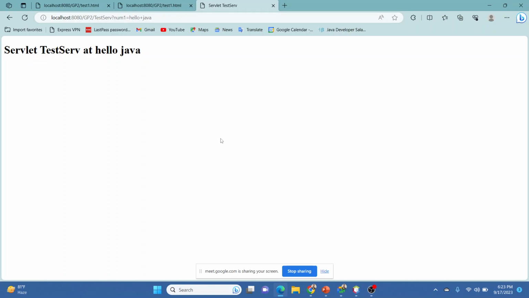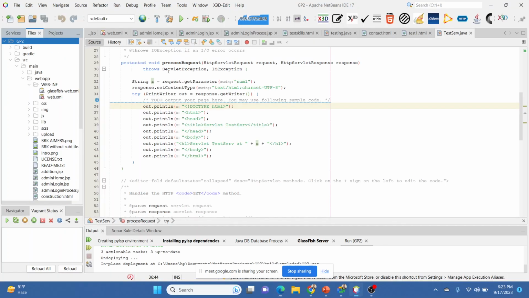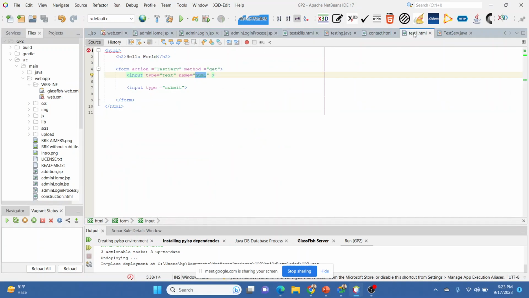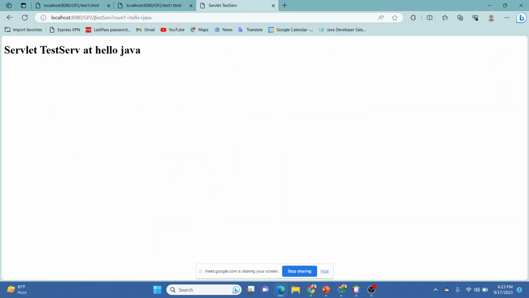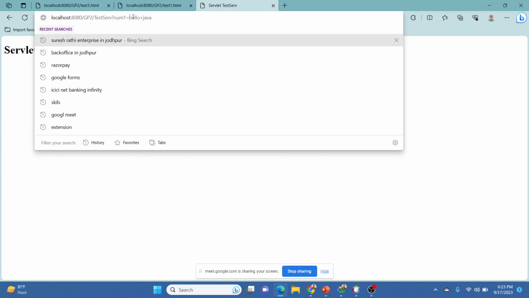When the request goes from the client side to the server side, the data is completely open, so it can be easily accessed. Like, till now, if we check into the HTML, we are using the get method. In the get method, in the URL you can see hello Java.